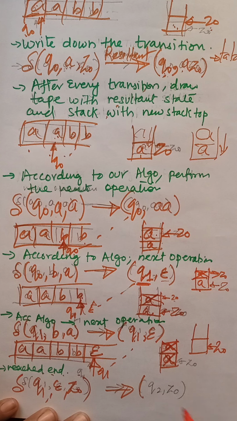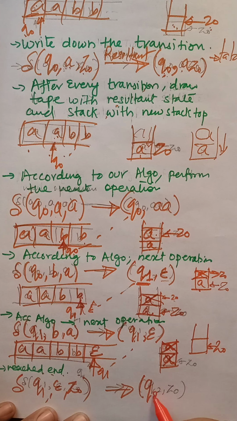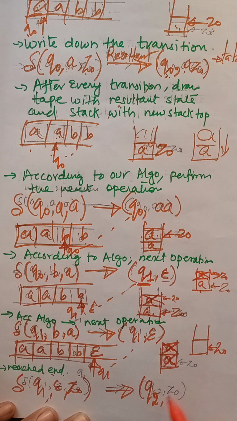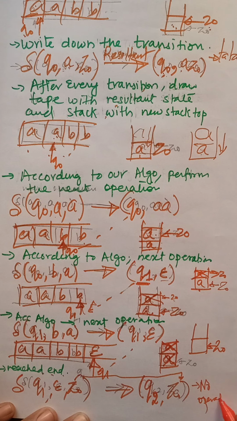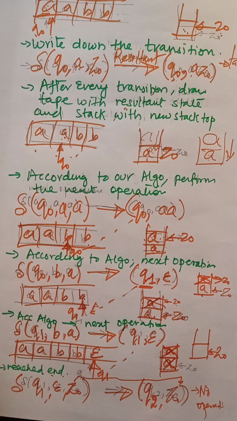Here we can give any name for the resultant state. Either I can give q1, or I can give q2 also. So say q2 and no operation. No operation means whatever element is present on the stack, we are going to copy here. So this is no operation, the halting position. No operation on the halt is called the final state. So this is how we have designed a raised to n, b raised to n by using PDA.